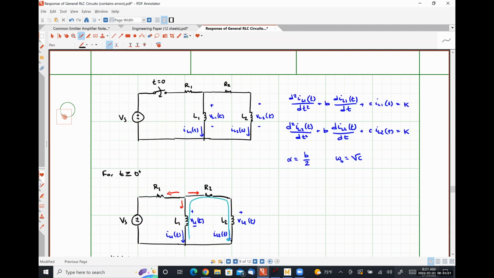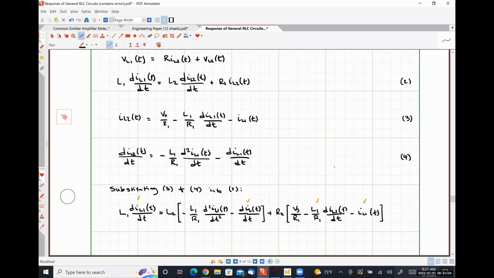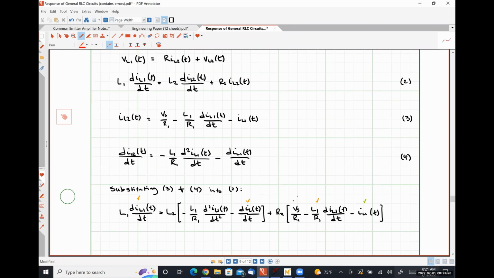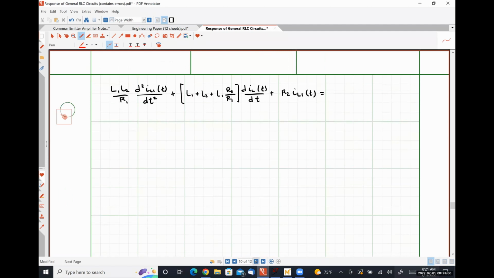And the only term that's left, let me scroll down to the bottom here, is, I believe, this constant term right here, which is just going to look like Vs multiplied by R2 over R1. Since we want the coefficient on the second derivative term to be 1,